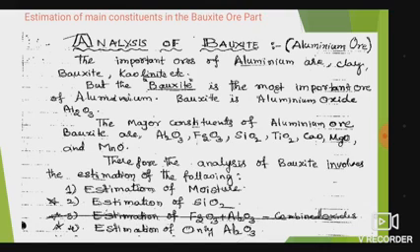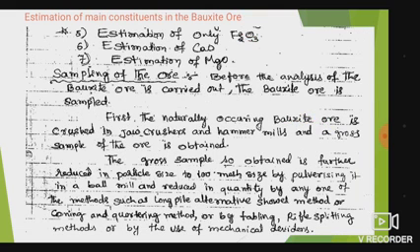The major constituents of the aluminium ore bauxite are Al2O3, Fe2O3, SiO2, TiO2, CaO, MgO, and MnO. Therefore, the analysis of bauxite involves the estimation of the following: moisture, SiO2, Fe2O3 and Al2O3, and only Al2O3,